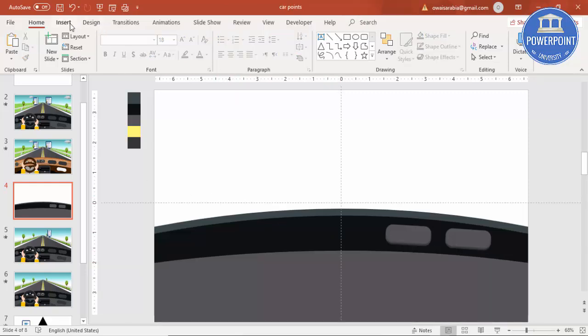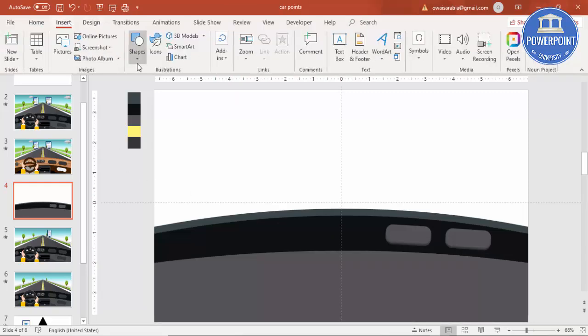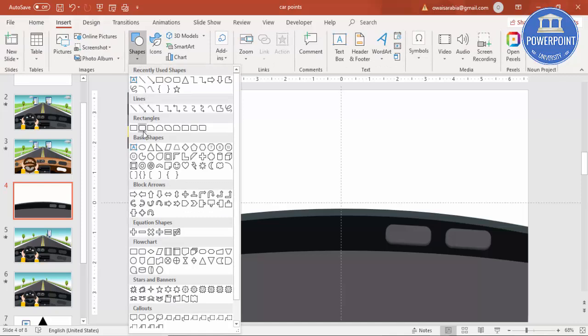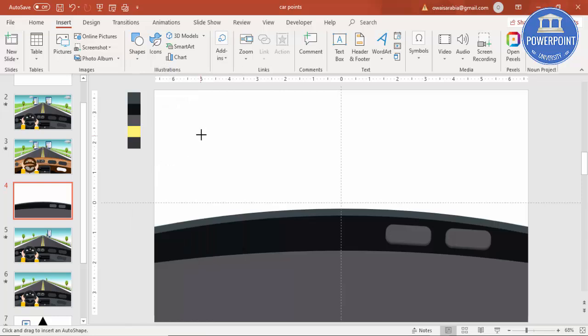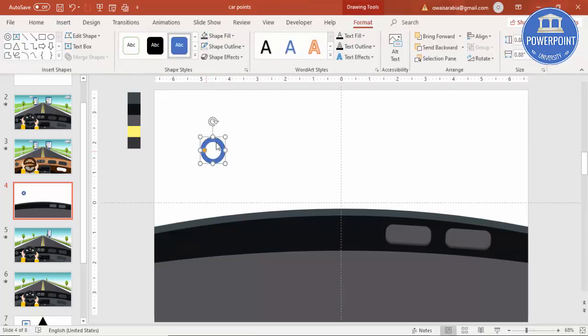To add the odometer or speedometer, just go to Insert, Shapes, and select a hollow circle. Draw the hollow circle, make it less wide. Shape outline, make it no outline, and you can give the same light color here, as you can see. And then again go to